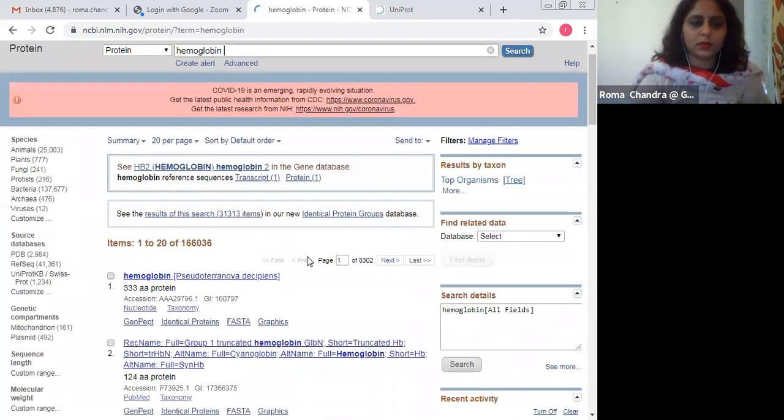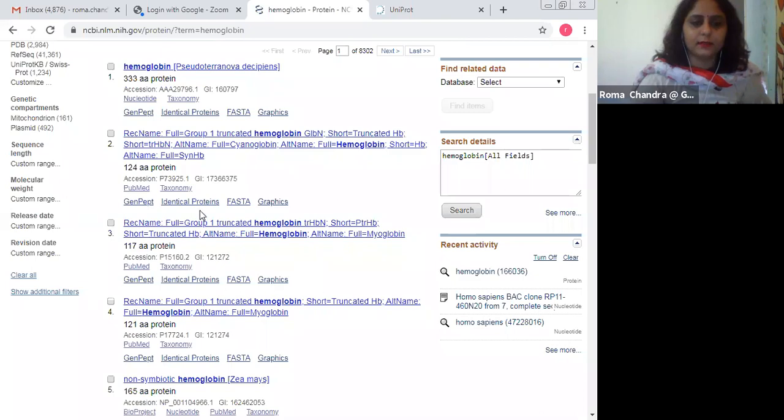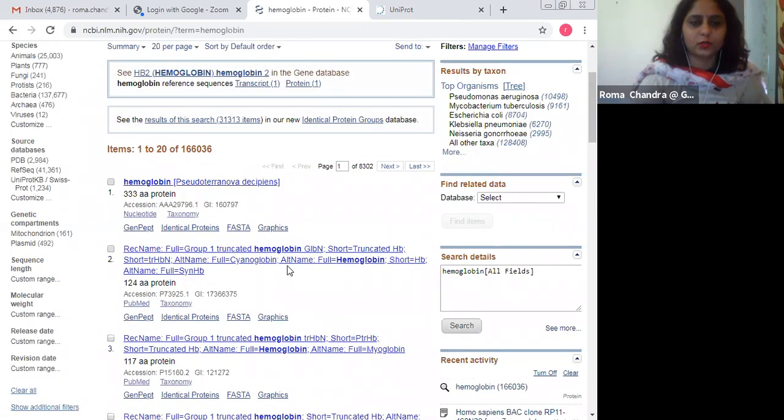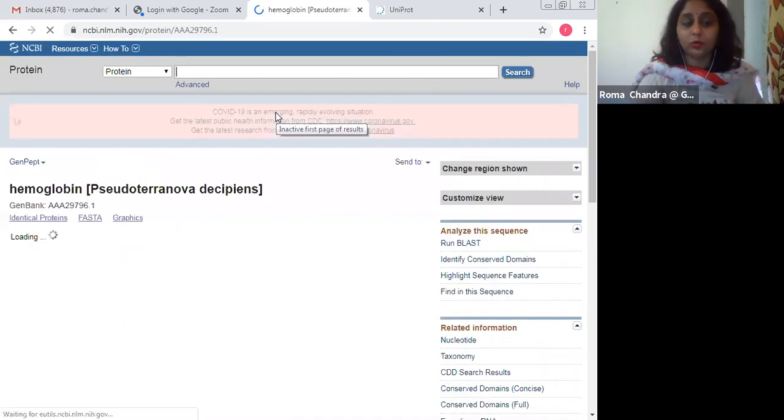So you can see here are the proteins, all the links with respect to protein. The moment I click hemoglobin, I'm not aware which particular organism this hemoglobin is related to. I just typed the name hemoglobin here, and I'm redirected to these sequences that are dealing with the protein hemoglobin. I selected protein, that is the reason I'm redirected to protein.